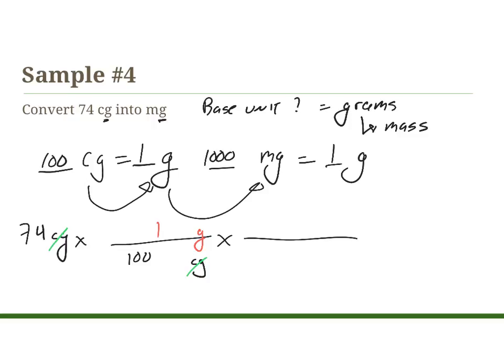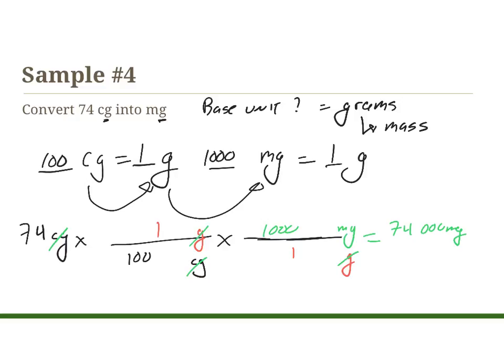I'm going to now continue filling in my units, and I'm going to have grams on the bottom and milligrams on the top. And I'm going to fill in my values and check my units, and they do cancel. And I'm going to be left with, I should have done that in this color, because colors are fun. Okay, so I should have done milligrams and 1,000. Okay, so now I'm going to multiply straight across, so 74 times 1,000, and I get